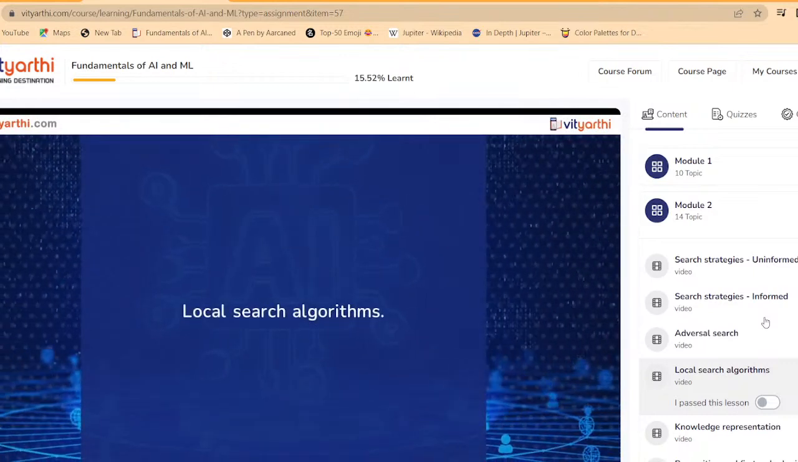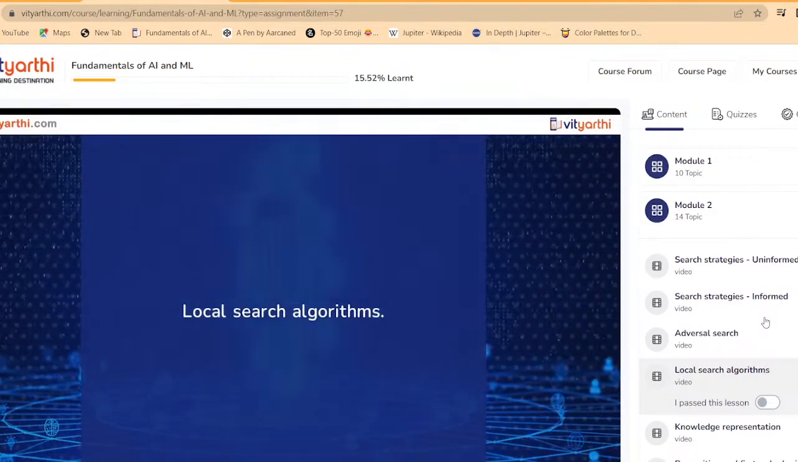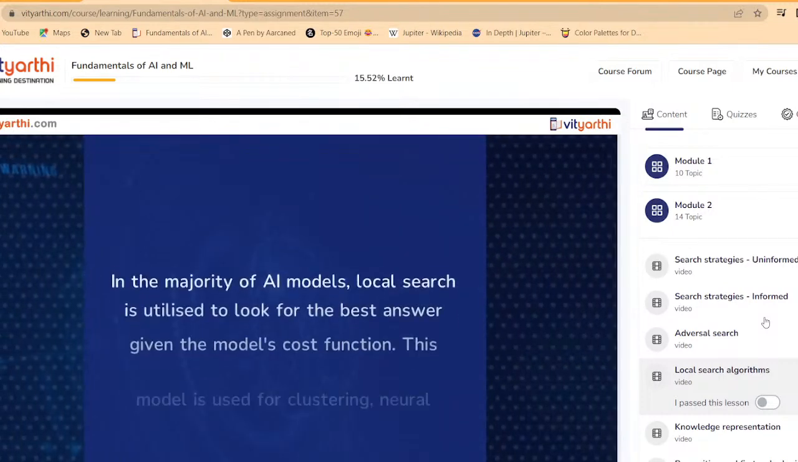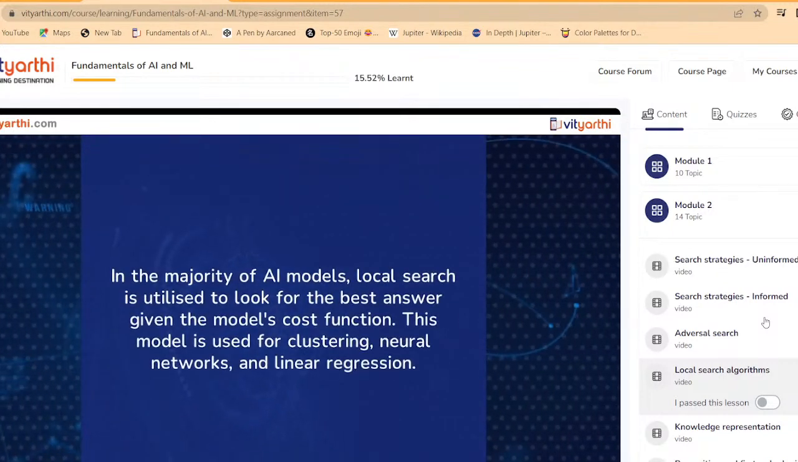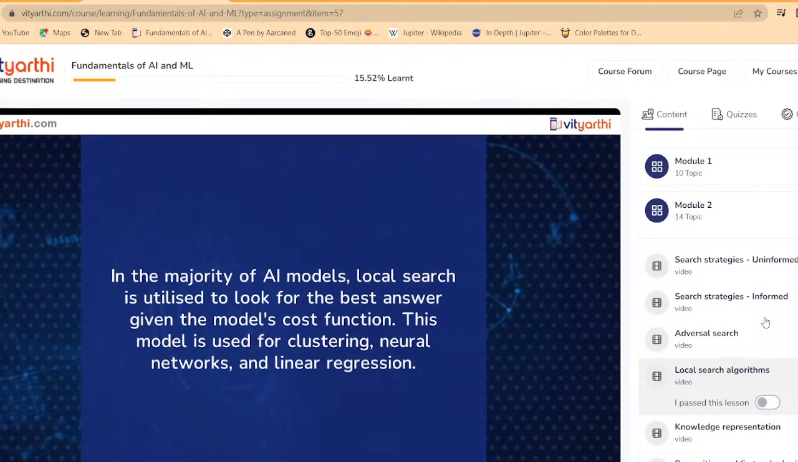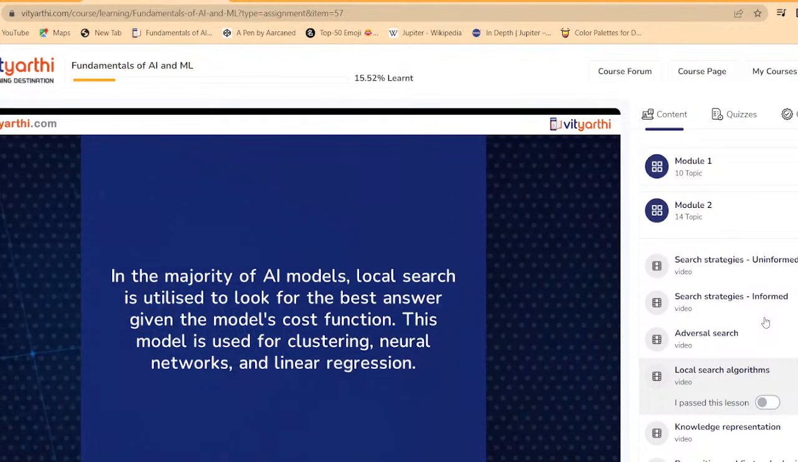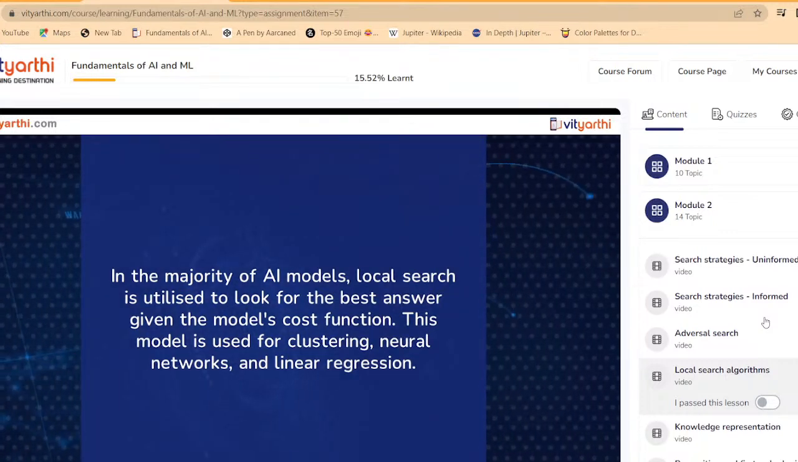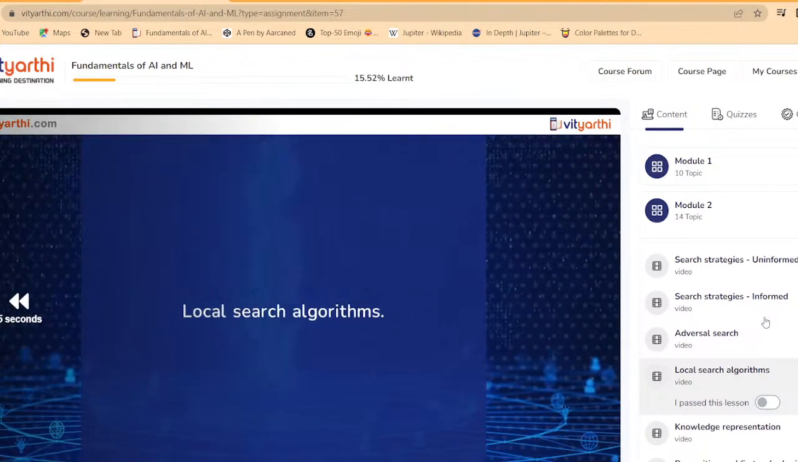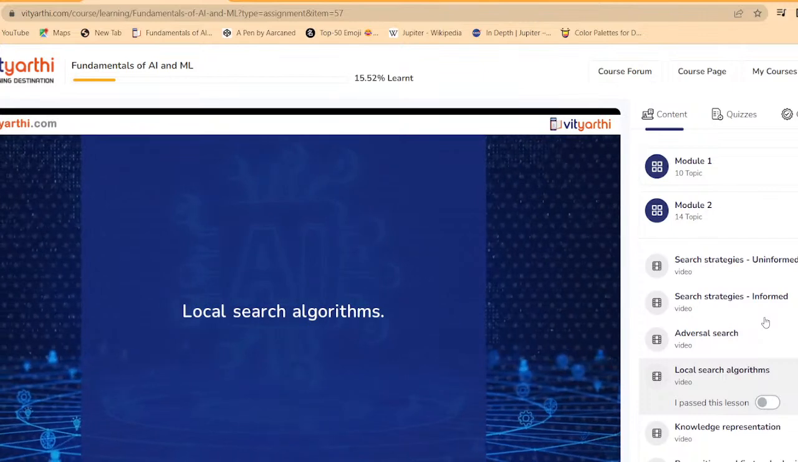Hello everyone. In this session, we are going to see about local search algorithms. When we are simply interested in a solution and not the route to the solution, local search techniques are applied. In the majority of AI,